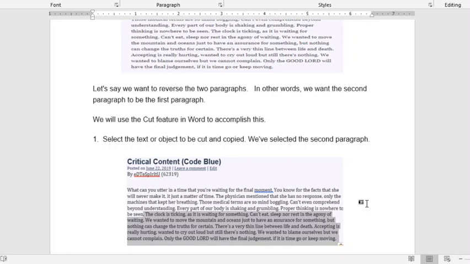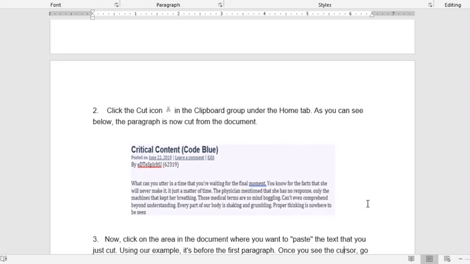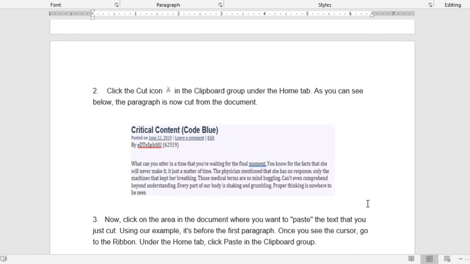Obviously, I need to cut it, so I just click the scissors icon, or cut. You can actually use the shortcut key Control X, and then you can combine it and place it on top. So after you have cut the second part,